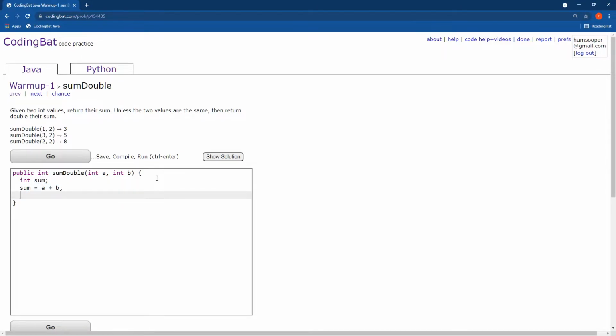Okay, so now I've got the sum stored as a variable here. Let's go back to the problem. It says, unless the two values are the same, then return double their sum. So I'm going to say if the two values are the same, and we can use that equals equals thing to compare two ints as well as booleans, I can say if a equals b, if their values are the same,